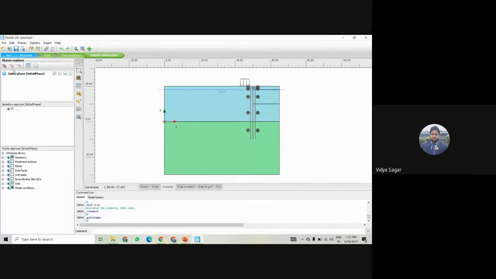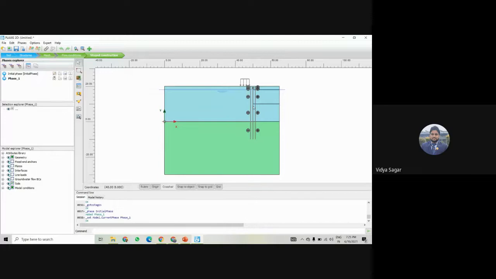Right now I'm not giving any name to the phase, but you can name the phases so that you can remember them. In phase 1, I'm activating this diaphragm wall and activating that load which is coming from the top.